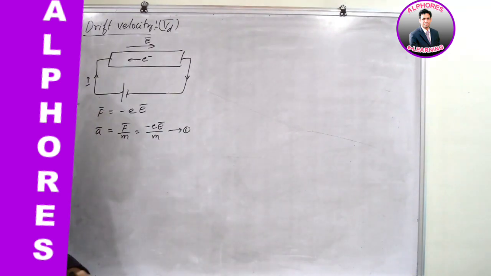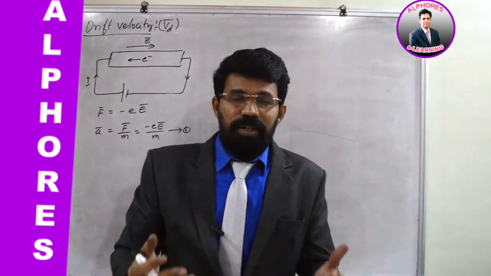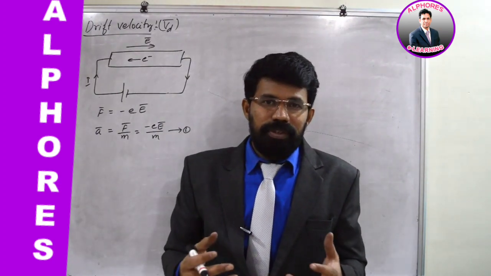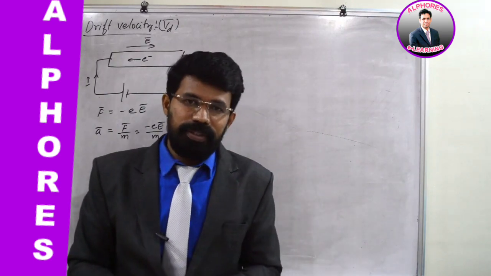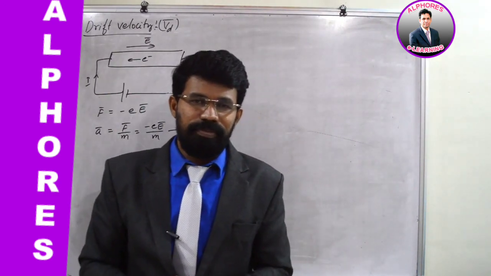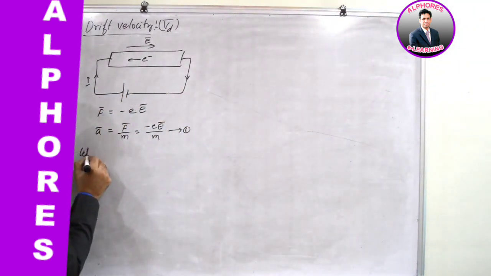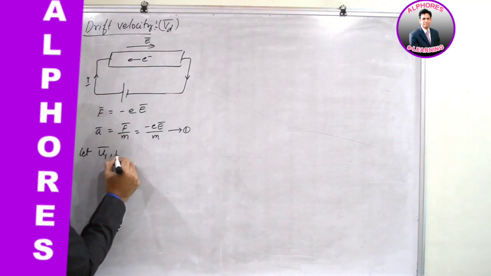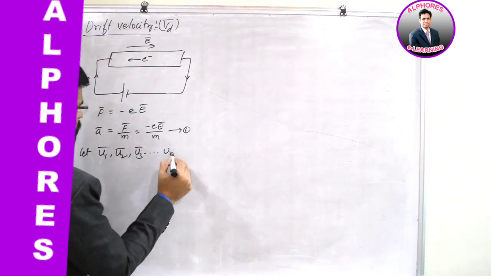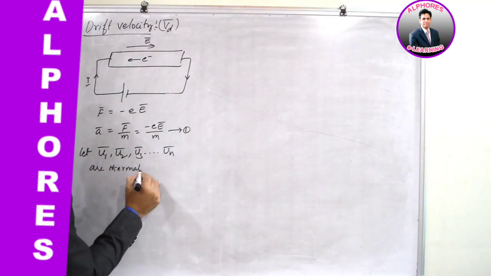We'll take it as equation number 1. See, whatever free electrons are present inside the conductor, when you consider those electrons, because of thermal energy they also possess velocity. They are moving randomly because thermal energy is being provided to them, isn't it? I'll assume that they have thermal velocities U1 bar, U2 bar, U3 bar and so on, Un bar,